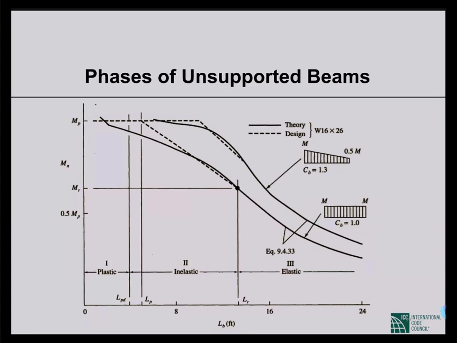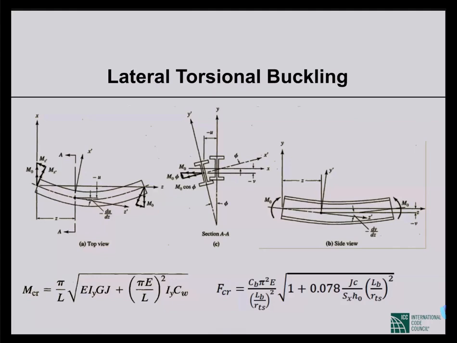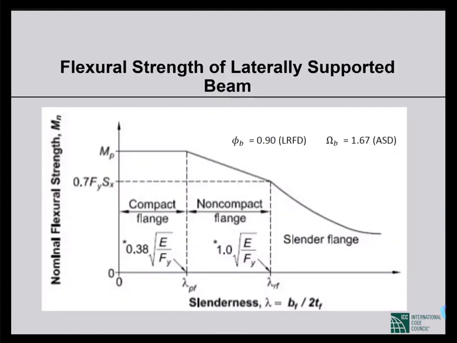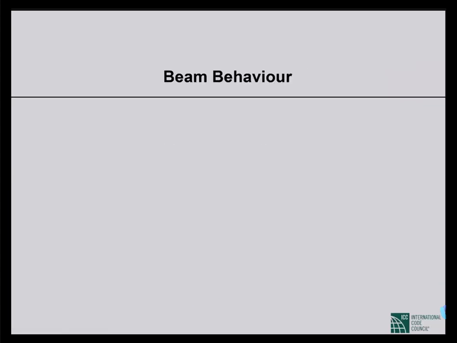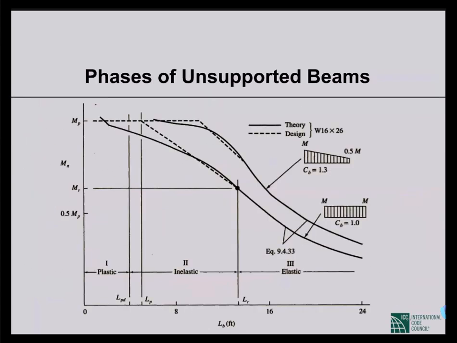So there may be two cases. One is a beam supported all throughout. The explanation that I gave and the formula related to these are for a beam supported all throughout. So there will be no lateral torsional buckling. In case of unsupported beams, when there will be lateral torsional buckling, still these three phases are possible. But in that case, whether there will be lateral torsional buckling or not will depend on